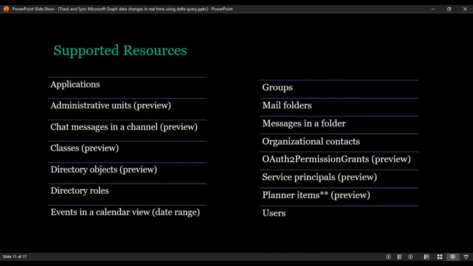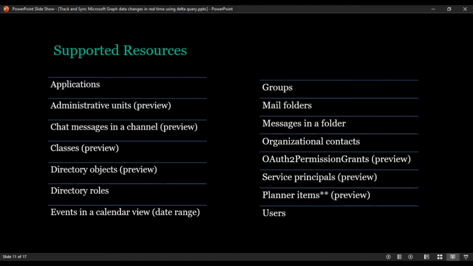So now coming to the resources that delta query supports, it is limited because it has not been implemented for all the resources. And if you see, most of the resources are in preview, in the sense they are currently under development and not completely available to the public. But still, this delta query is applicable for the maximum of resources used in major scenarios, like groups, users, directory roles, and even service principals, and messages in a folder, in the sense you'll be able to access the mail contents.